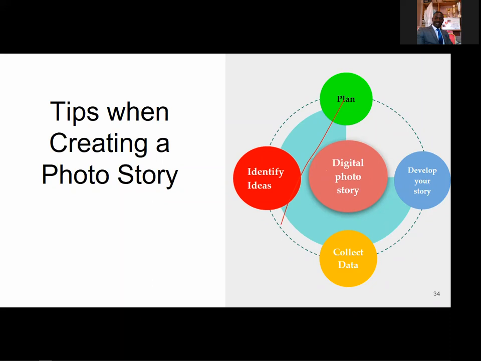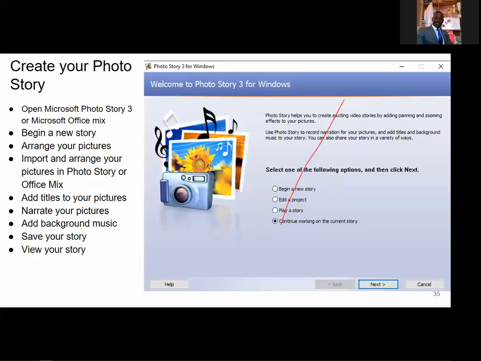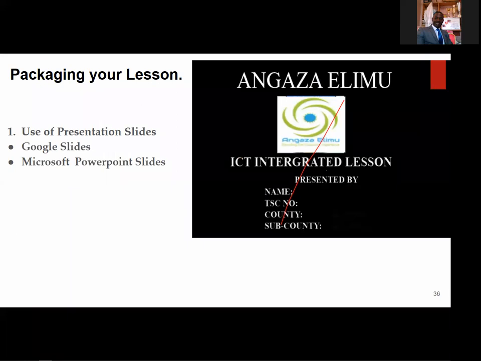photo story. I think for your assignment, until we meet next week, I want you to create a simple photo story. Or those who might not be able to, probably limited due to gadgets, you can create a concept map, a mind map, a Word document mind map, and upload it on our accounts on the Angaza Elimu platform. That is our takeaway today, so that we can review them and have a look at them in